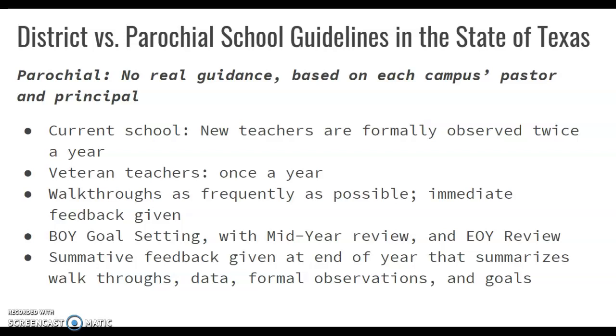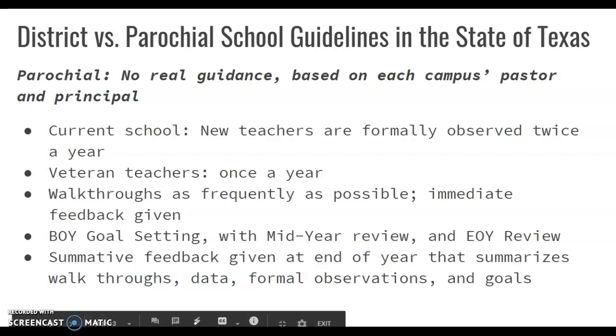We usually leave them right on their desks, and we just observe or comment on things that we noticed, and that feedback is really helpful. We also provide time for goal setting, one-on-one meetings with mid-year and end-of-year reviews, and then we provide summative feedback that summarizes all of those things. Based on this case study, it doesn't seem like any of that happened with Mrs. Stevens until the end of the year when it was time for contract renewal, and I think that's a problem as well.